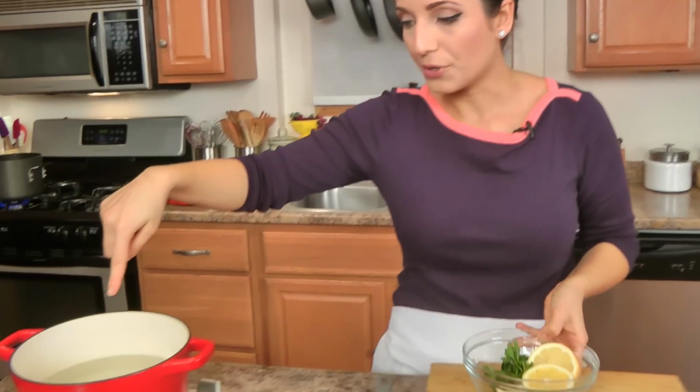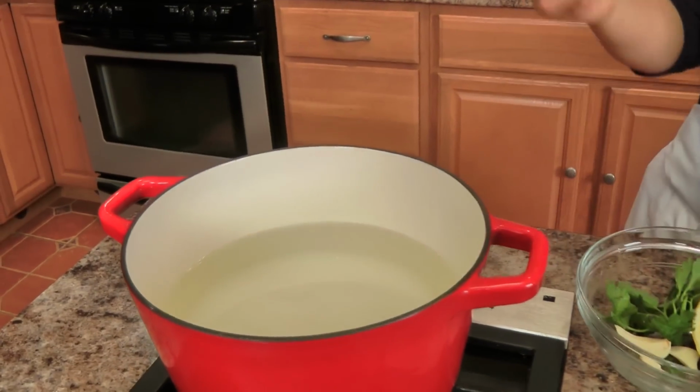But I wanted to poach a tuna steak today just to show you how you can make it a tad more special, perfect for if you're having a lunch or something and you're inviting people over and you want to seem a little bit fancier, then you use a tuna steak. Now what I have here is some water coming up to a simmer,